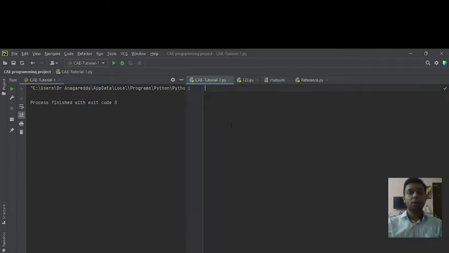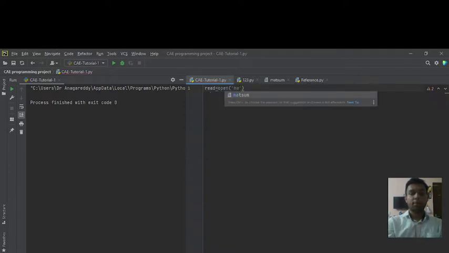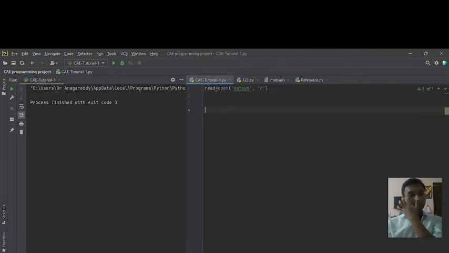Initially I will call this MATSUM file in the PyCharm file, read, open MATSUM. After that I will collect the data in list format about time and internal energy.